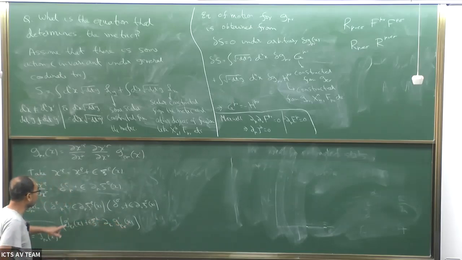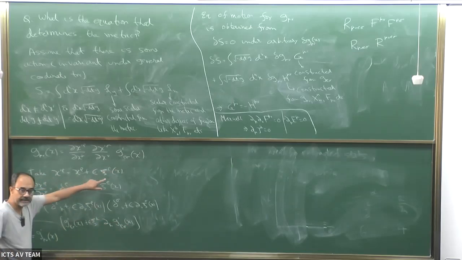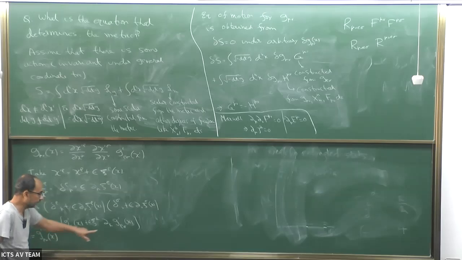Okay, it was x prime, right? But I wrote x prime as x plus this, and I'm Taylor series expanding that object. Exactly, yeah. So delta G will be calculated at the same point. That will be our definition of delta G, the difference between G prime and G. So you have this plus epsilon